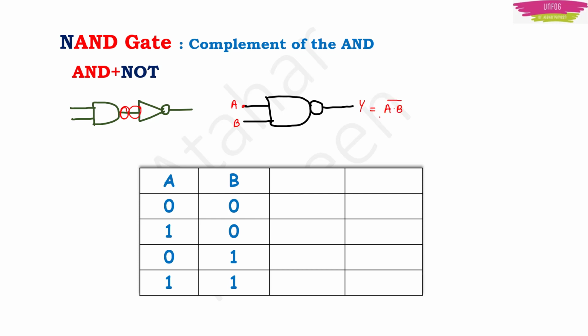If we write the truth table with all the possible inputs, for AND gate it was A into B, isn't it? And our output was 0 into 0 is 0, 1 into 0 is 0, 0 into 1 is 0, and 1 into 1 is 1. Now we want the complement for this NAND gate. It will be 1, 1, 1 and 0. That means the output of a NAND gate will be 0 if both the inputs are 1, which is a complement of AND gate. In AND gate, the output was 1 only if both the inputs are 1. In NAND gate, output is going to be 0 if both the inputs are 1.